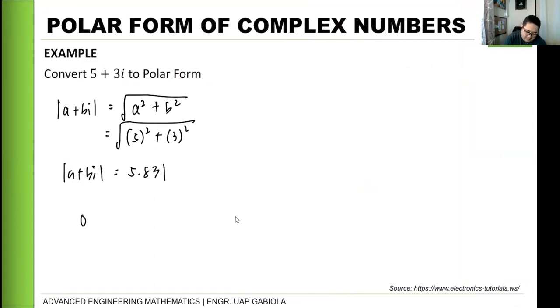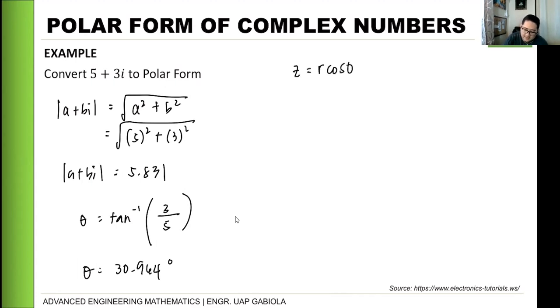Then for our theta, we have tangent inverse of 3 over 5. So theta natin is, since yan in parehas na sa positive sense ng axis natin, 30.964 degrees. Okay? So yung ating rectangular form ng complex number natin will be r cosine of theta plus r